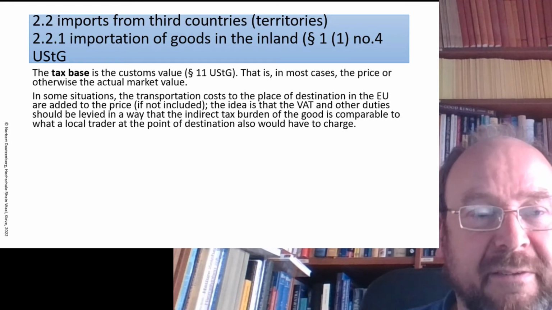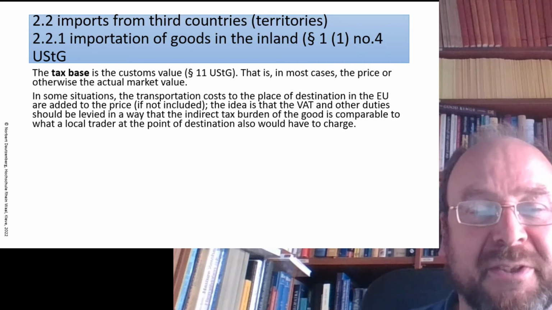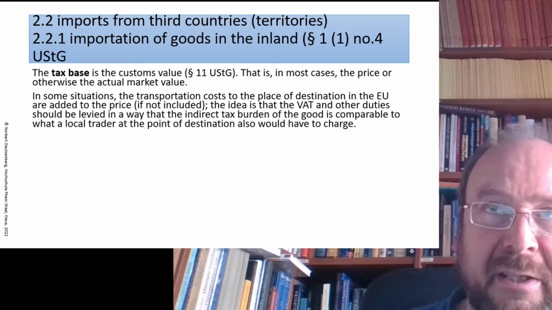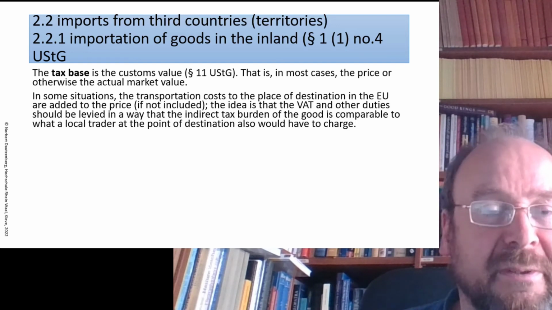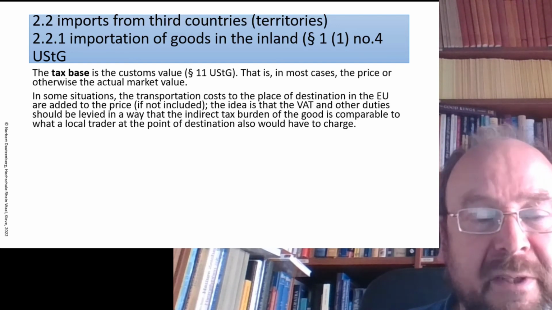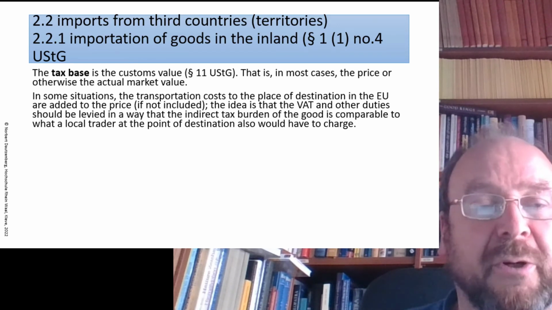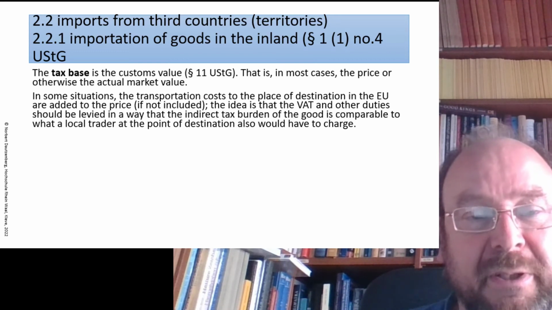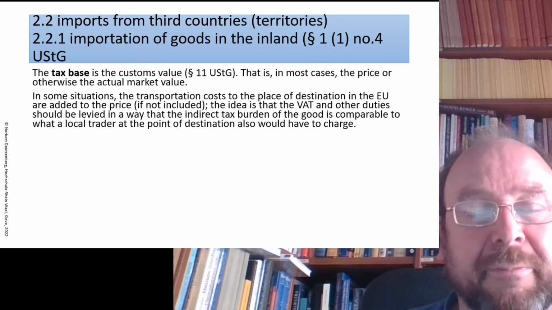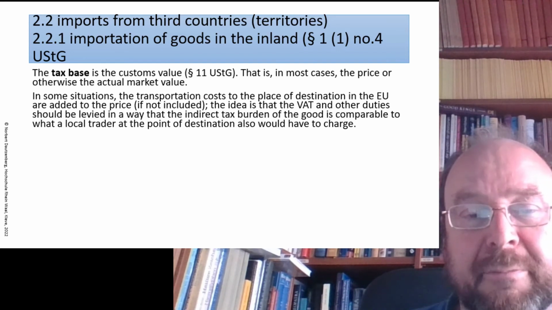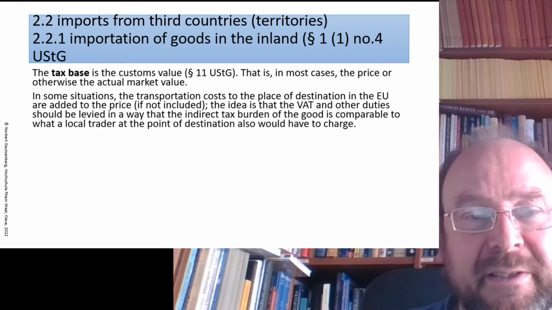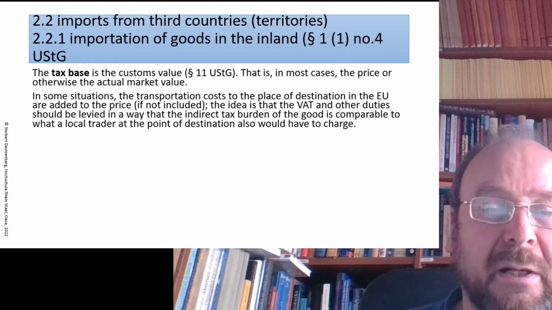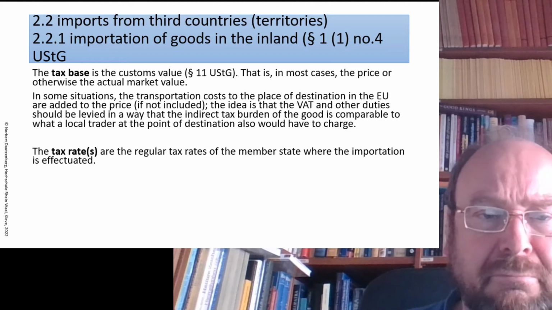The idea is that the value-added tax should be paid on the total amount of costs, so the price and transportation, which your customer would have to pay if the customer had bought that good at the customer's location from a trader or so. So also the transportation cost should not remain free of value-added tax, and that is ensured by a rule like this. So if, for example, the transportation costs are not yet included in the sales price, the customs authorities would add them up to that. Rather technical, so hear it and forget it.